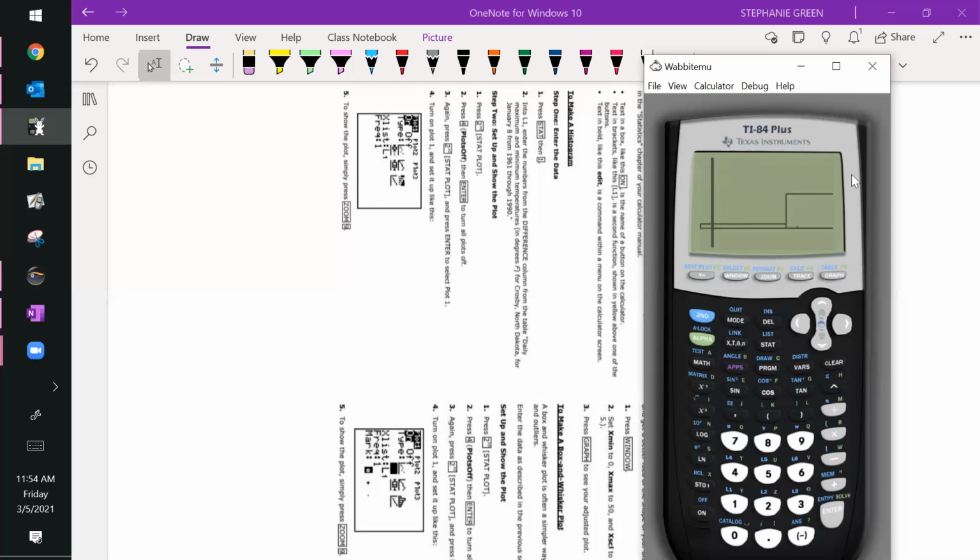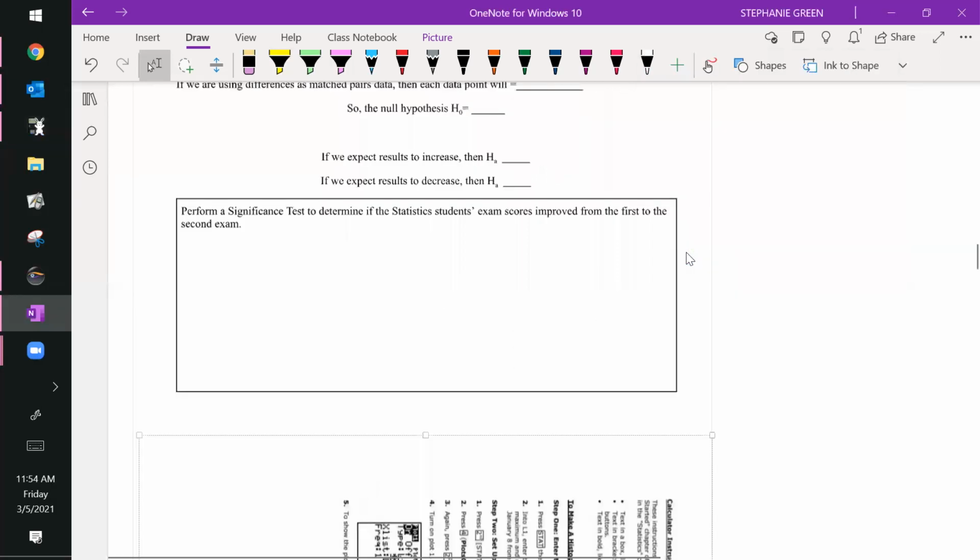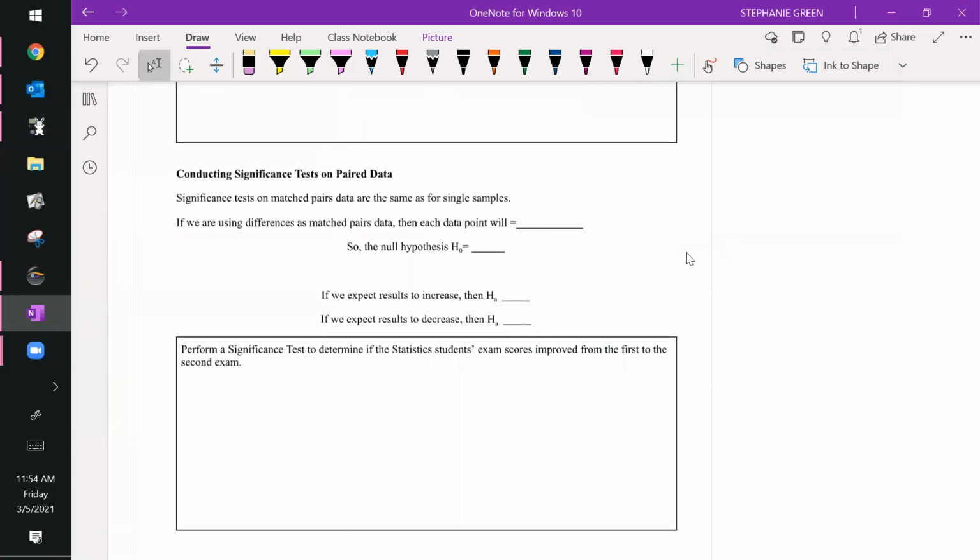And it looks kind of weird because my window is not set correctly. Remember though, your calculator does have the option to set your window to what it believes will be the best way to view statistics. And that option is zoom. Option 9 is zoom stat. You can just click the number 9 to go there from your zoom menu and it zooms out to the perfect spot here. So I'm going to go ahead and since they asked for it, I'm going to actually sketch